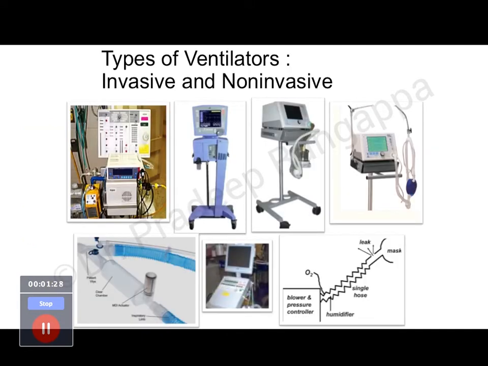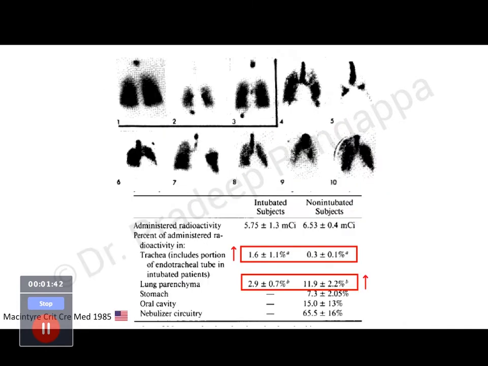So we use all sorts of ventilators and all sorts of circuits. We use HFNC, we use NIV, and some people would use oscillation as well. And even there, they have used different nebulizers. So we'll look at them one by one. The earliest study came from the McIntyre group in 1985 to look at aerosolized nebulization, where does it deposit.